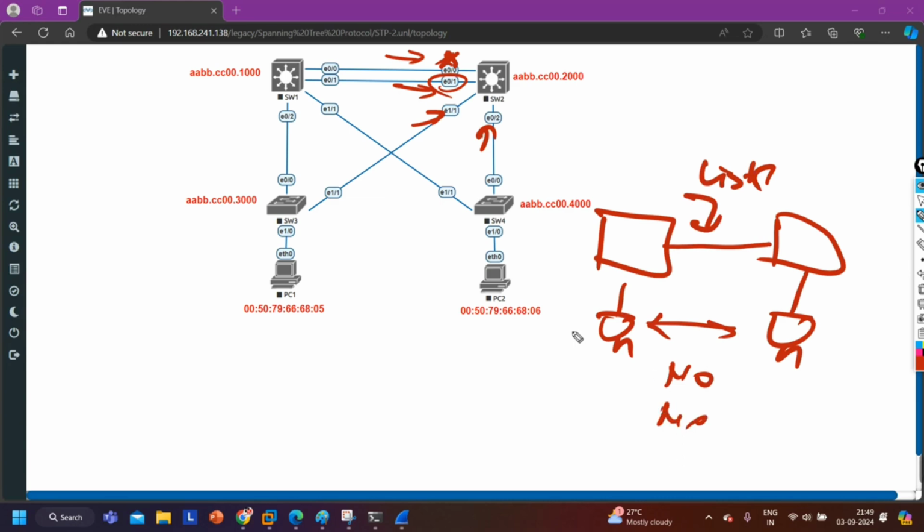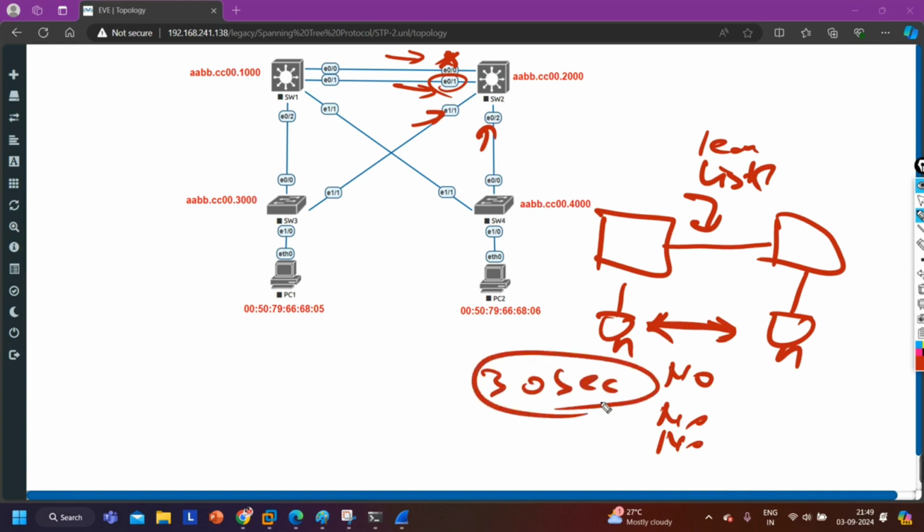Again, no. After 15 seconds, this port is in learning state. Can these PCs communicate with each other? No, right? So to communicate with each other, PCs have to wait for 30 seconds. So they can ask you why these PCs are not able to communicate with each other for the first 30 seconds. So guys, just because of STP